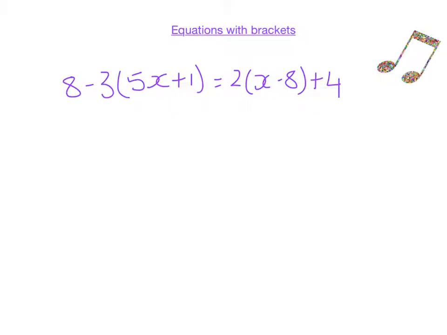Now the 8 is not involved in the brackets, so the 8 is going to stay where it is. And I'm multiplying that bracket by negative 3. That negative belongs to the 3. So negative 3 times 5x, I've got minus 15x. Negative 3 times 1,